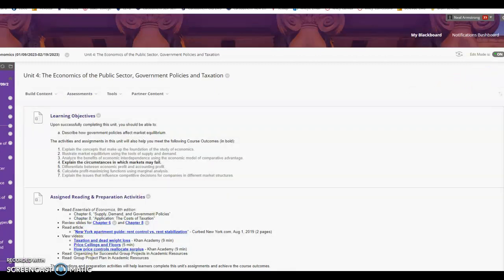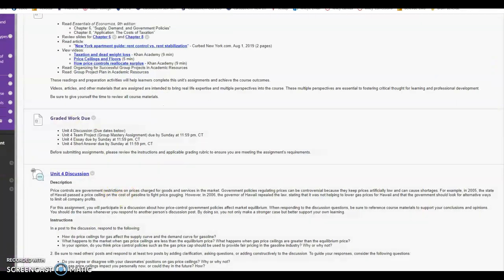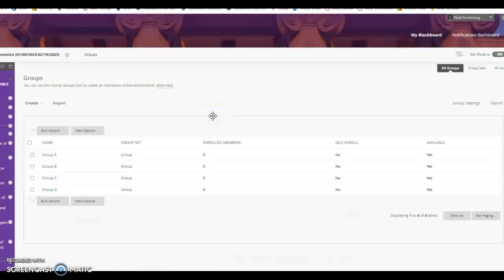Let me see the group situation real quick and see how many people we have in this class. I don't think we have that many, so I will probably set everybody up in one group. Yeah, that looks like what I'm going to do. So everybody's going to be in the same group working together on this group project, and you're able to go in there and work through all the different items. Hopefully that'll be clear to you guys, and definitely ask as many questions as you need to on that, because I understand that sometimes that's not always transparent. But if you need anything from me, feel free to reach out.